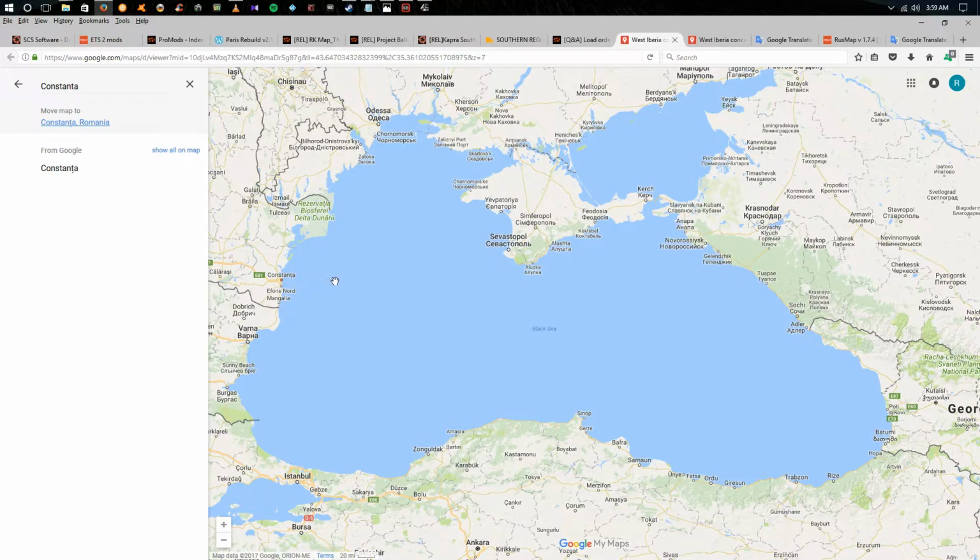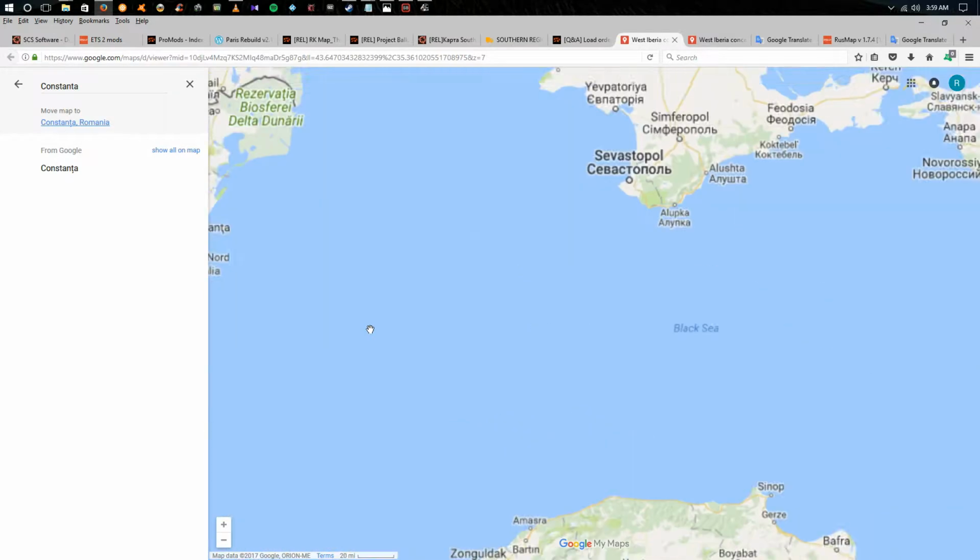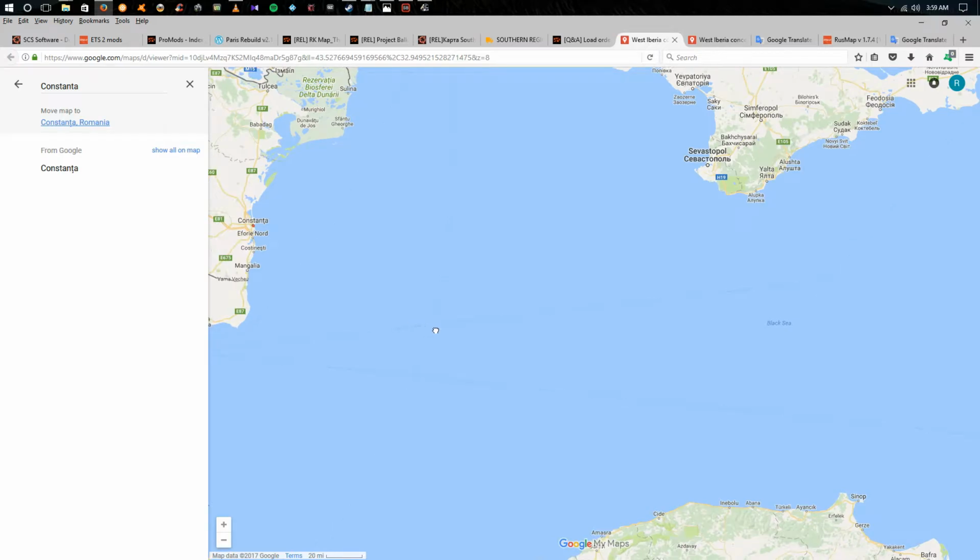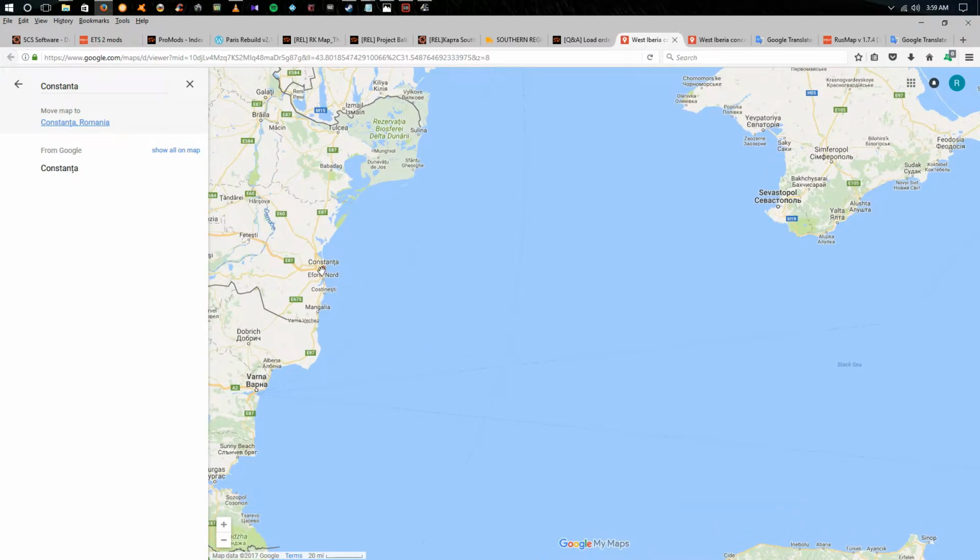If you come across here, follow my mouse, you'll come over here and you'll see this right here. There's a ferry connection from here to here that connects this in game. Now, in the real map, I don't see this, because if you zoom in a little bit, you'll see the pass, and there's not one from there